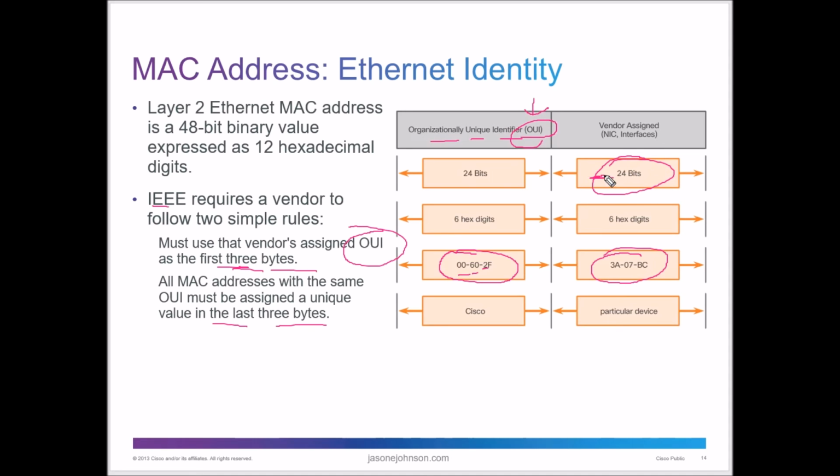So based on this unique information here and this information that's assigned by the IEEE, we're going to have a unique number that's identifiable to our card. And it's supposed to be hard-coded, and it is for the most part. It's hard-coded, but you can spoof MAC addresses. There's software where you can spoof that and make it look like something different, but that's how the MAC address is broken down.